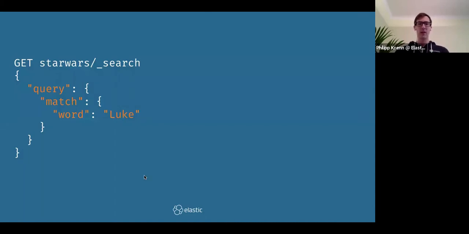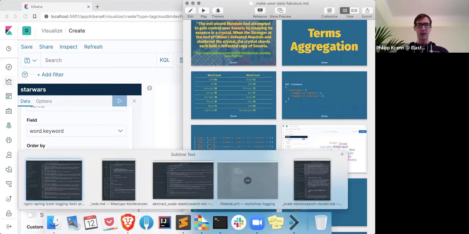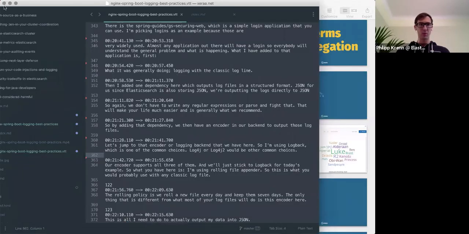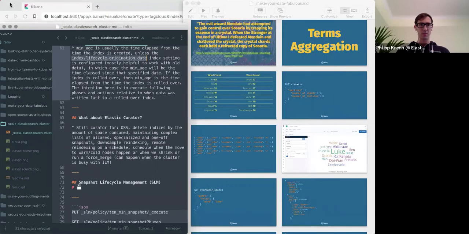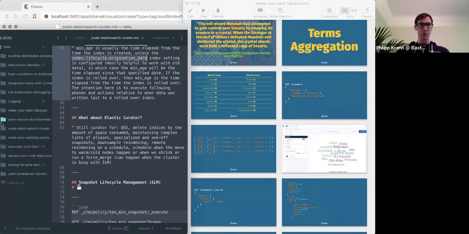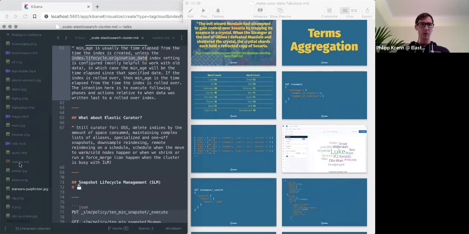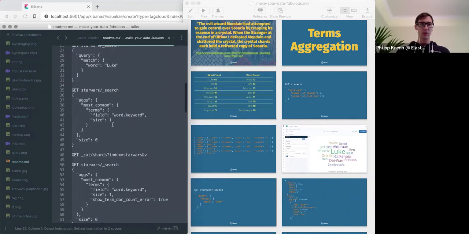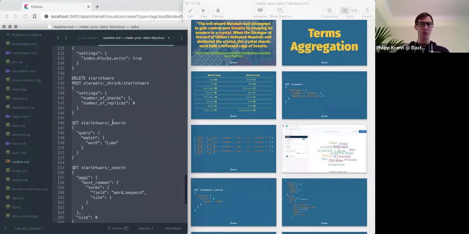And actually, let me quickly cheat and get my data out here, because, no, this is the wrong one. Give me a second, sorry. I needed to copy some data here. This is the one. Make your data fabulous, and we need the actual queries that I want to run here. So let me cheat and get my queries. These are the ones that we will be running today.